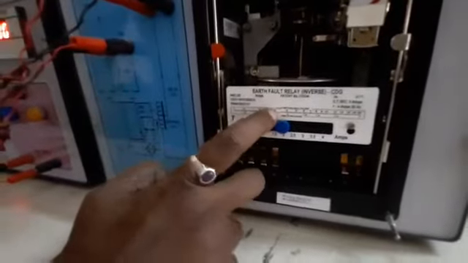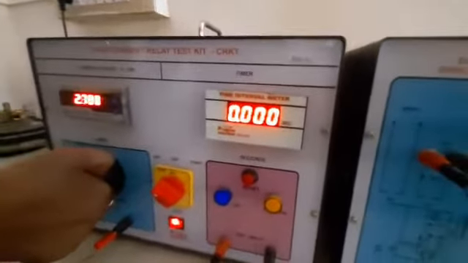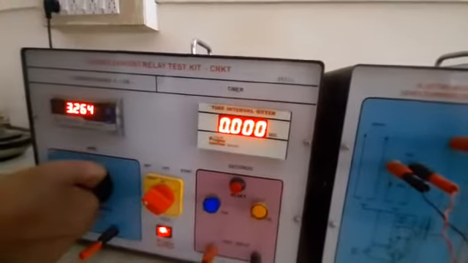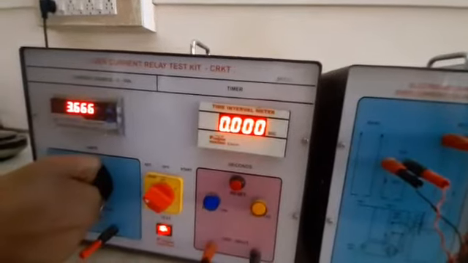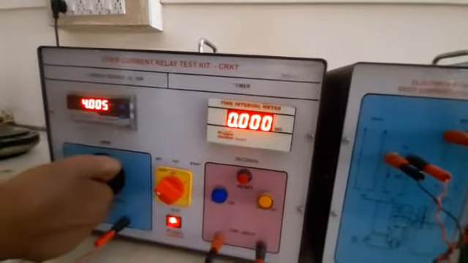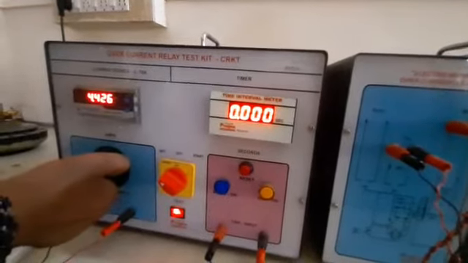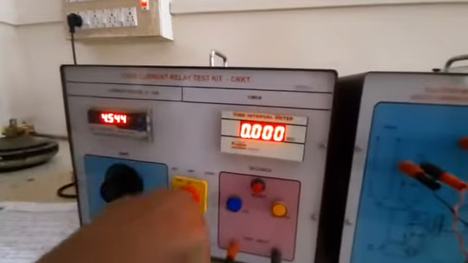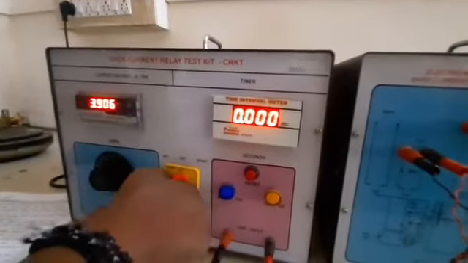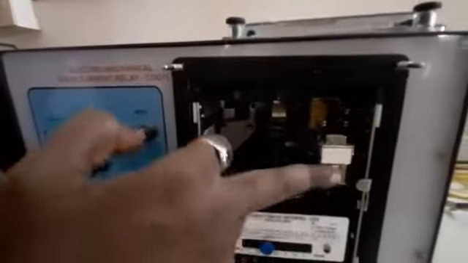So I will apply above 4 amps. This is the set position, and I will set 4.5 amps. Then go to 0 again, reset this one and flag also reset.